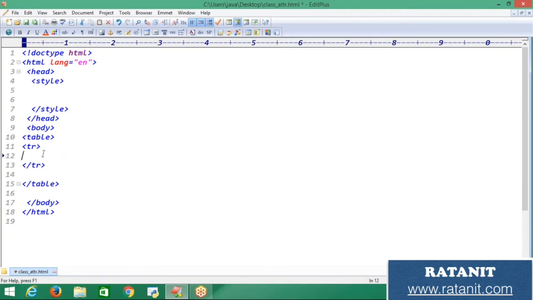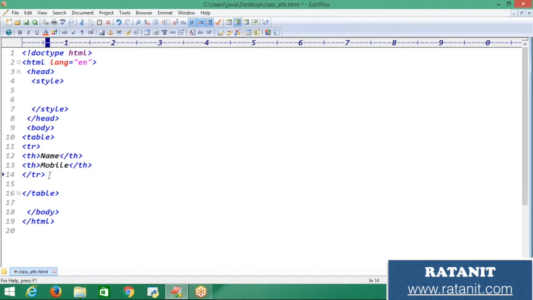In tr I am having two headings, that is th with name, and I'm going to close this th, and I'm having another th over here, that is mobile. We already saw that in the theory session.